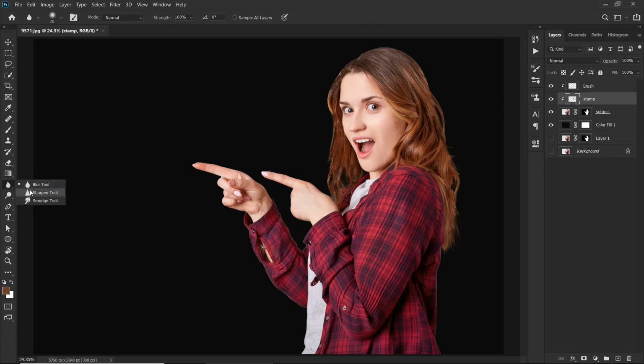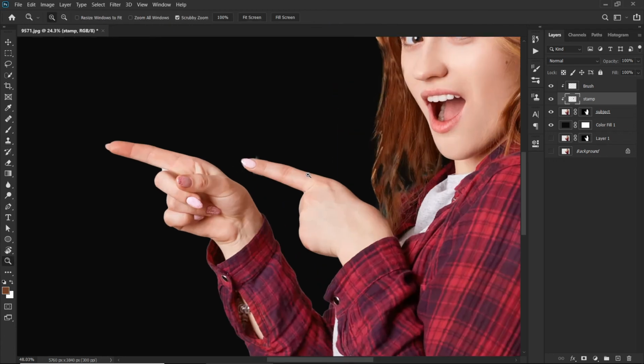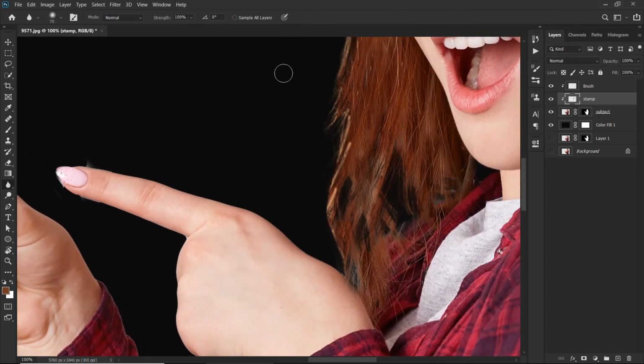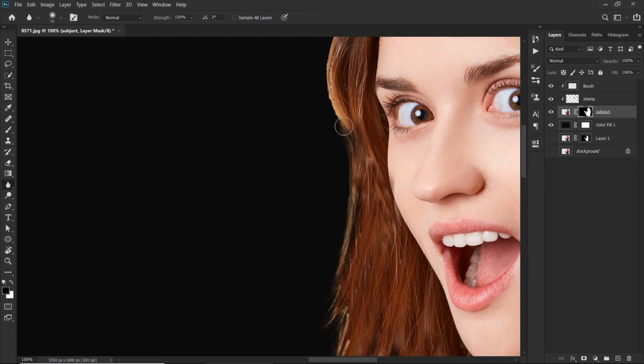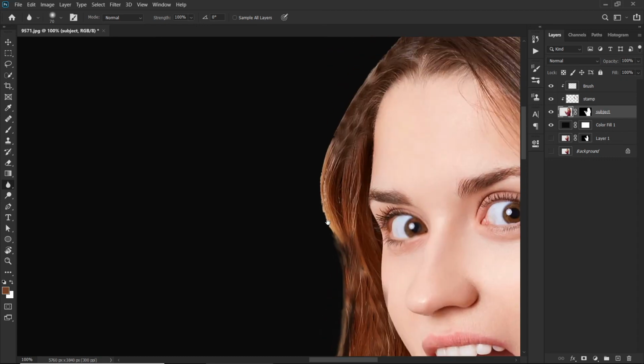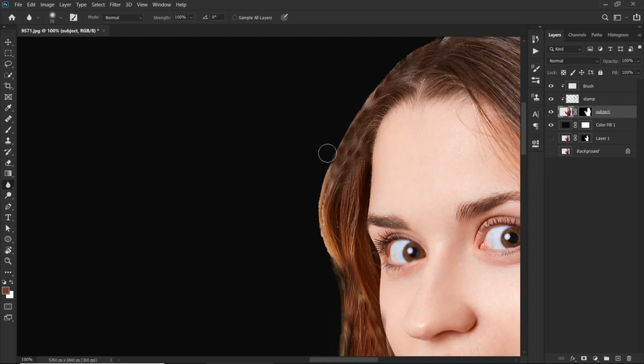So let me select the blur tool, and we are going to blur out some regions from here, and you can increase or decrease your strength to whatever amount you want. And let me just blur these regions here, and we are going to blur this area also here. So make sure you don't blur on the face or something.